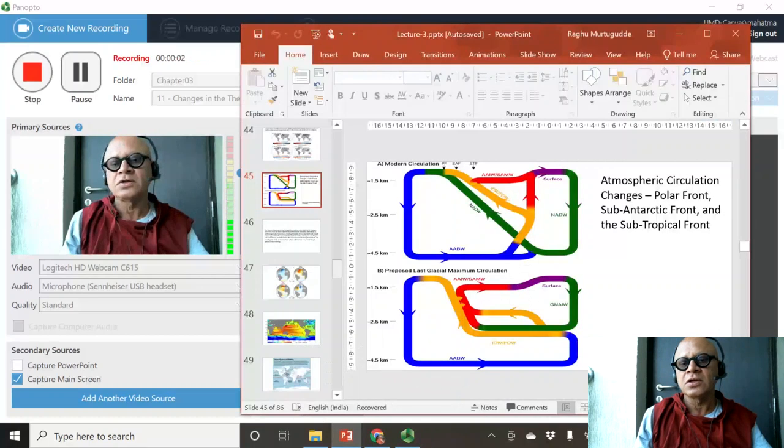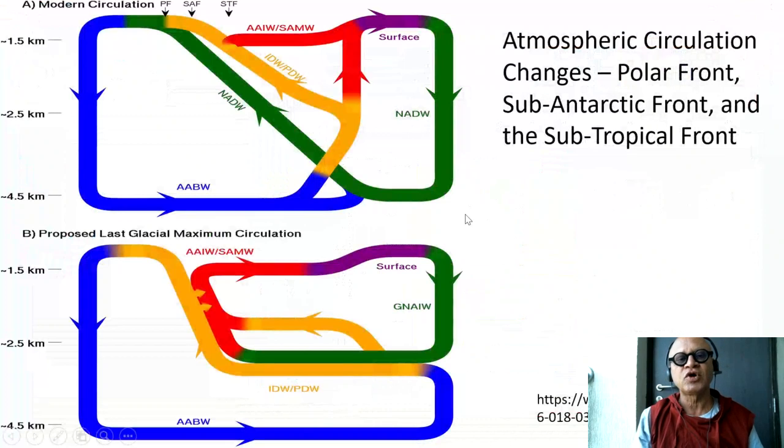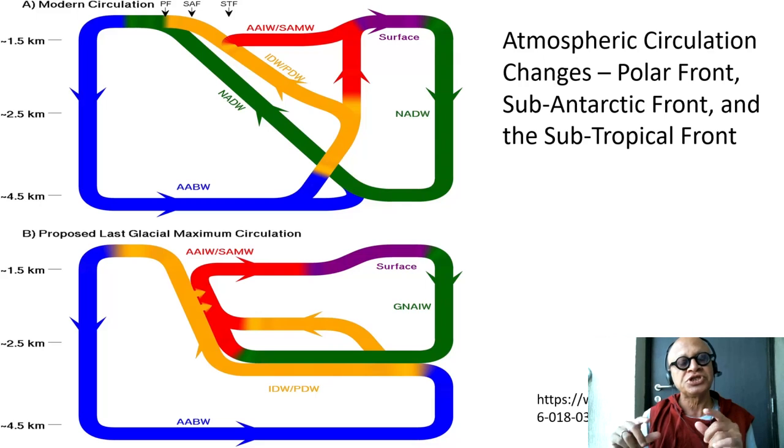Let's look at the responses in the thermohaline circulation during some of the past events, like the last glacial maximum. This becomes critical, as we will see later on, also in potentially the carbon cycle response during glacial interglacials in terms of the 100 ppm or so change that is observed in the Antarctic ice cores. This is from a very nice paper in Nature based on